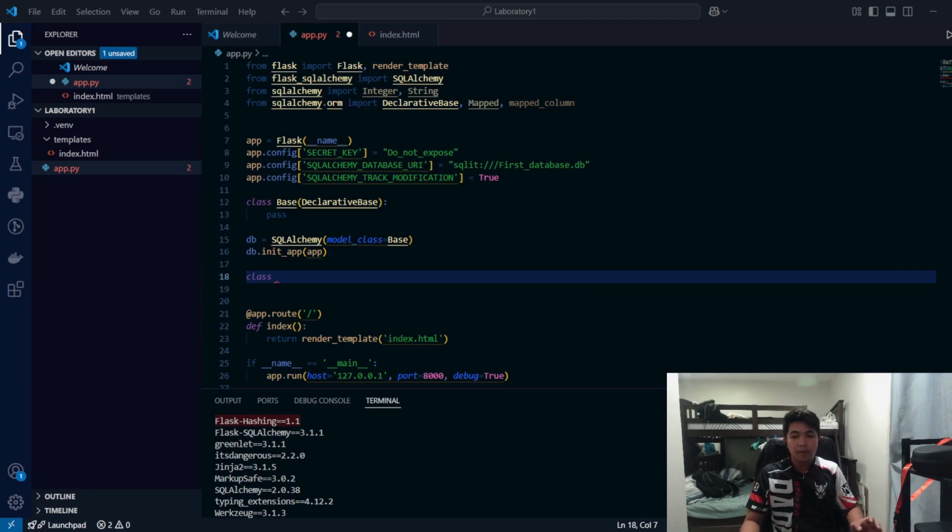So here we must type class, then the name of our table, or I mean entity.